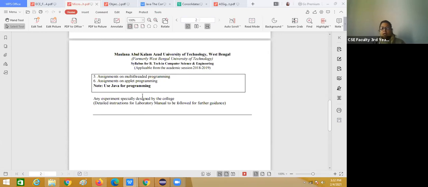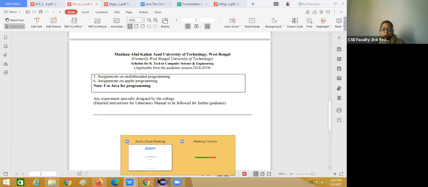Switching from one thread to another is much easier than in multitasking, so it is much more beneficial to use multi-threading instead of multitasking. Okay, so this is multi-threading.